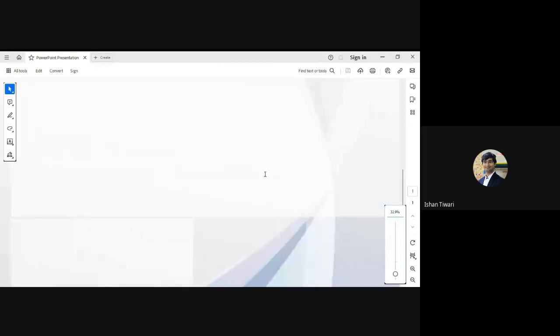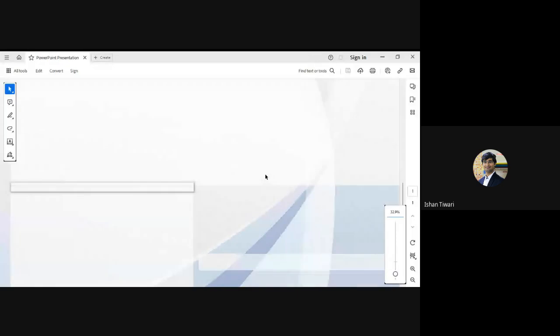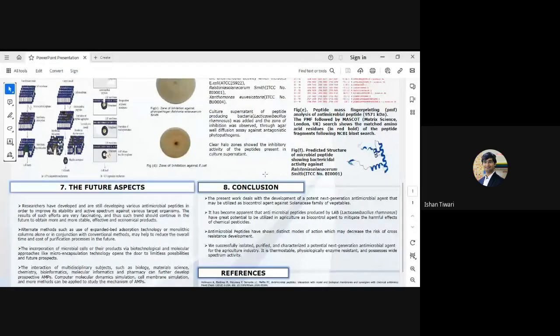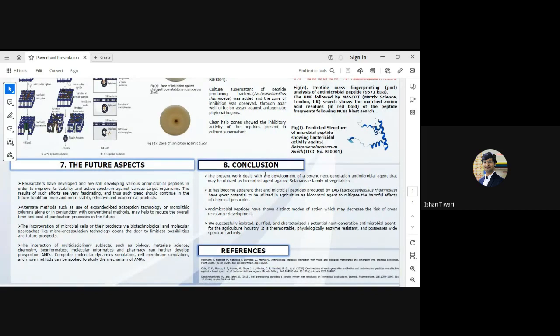This structure clearly confirms the alpha helix, as the majority of the structure contains alpha helix in the antimicrobial peptide chain. And the present work which deals with the antimicrobial peptide has the potential to be used instead of pesticides in the agriculture field, and especially for the Solanaceae family of vegetables from which we have extracted.